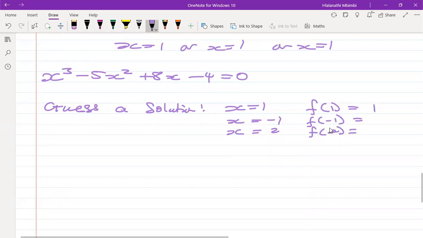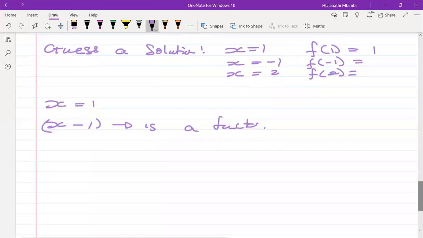1, sir. 1, you get 0. So it means that x is equal to 1 is giving us 0. So it means that x minus 1 is a factor. So if x minus 1 is a factor, this basically means that if we're to multiply x minus 1, or